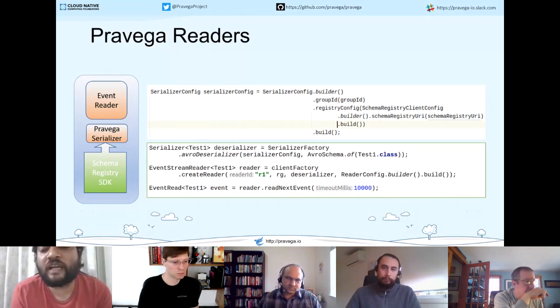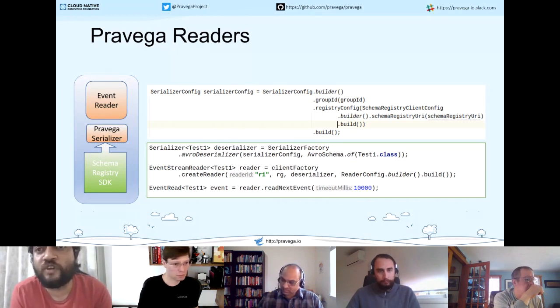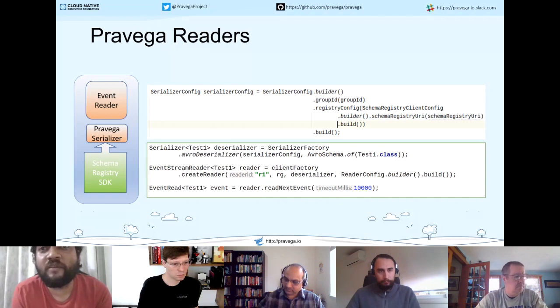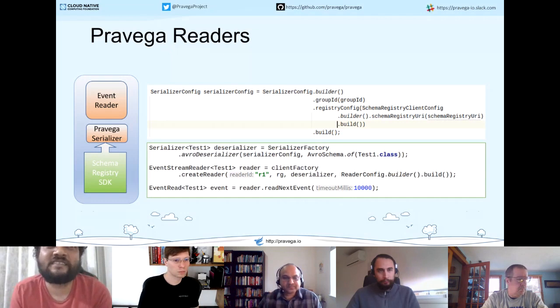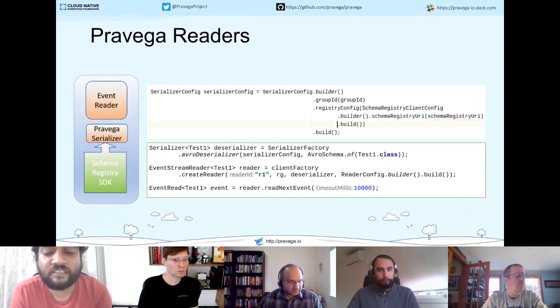So you could deserialize into that generic format as well, and that's useful in BI applications where you want to know the structure, but you don't want to write specific code or include that generated class in your package and compile it, right? So in those cases where you want generic deserialization, we have the generic deserializer versions available as well.